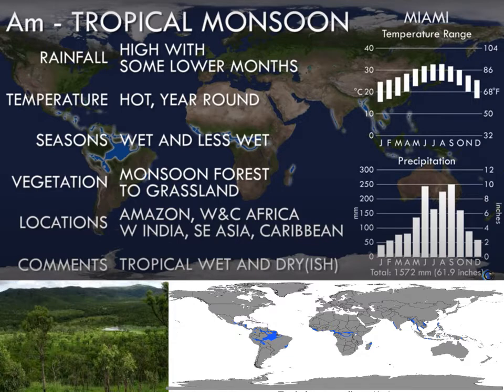Next is the tropical monsoon. It is also found in the tropics, but it experiences heavy rains during some part or most part of the year. But it's not continuous, not every day like the rainforest. It is some part or most part of the year that it will rain. Relatively short or longer drier seasons can occur depending upon the location, because of the shifting trade winds which come from the sea towards the land, and vice versa. So there is some sort of monsoon here.